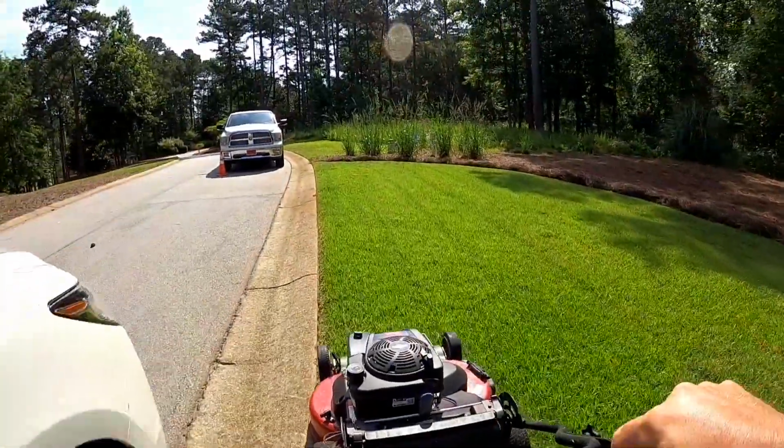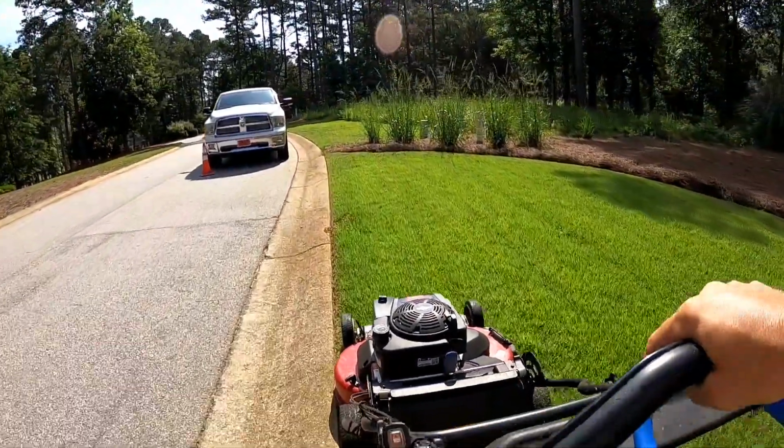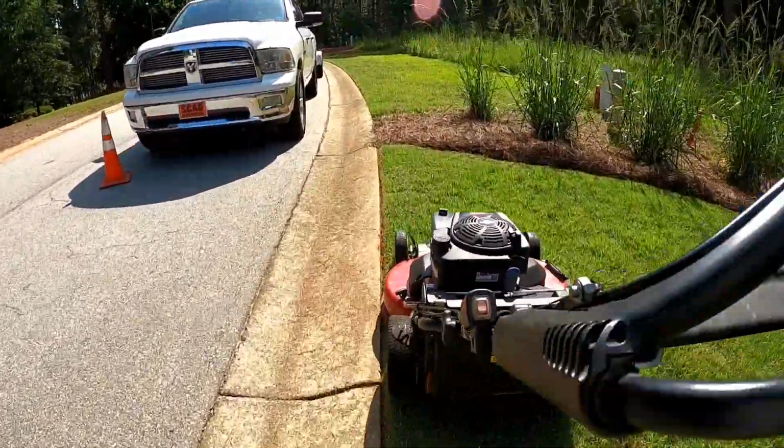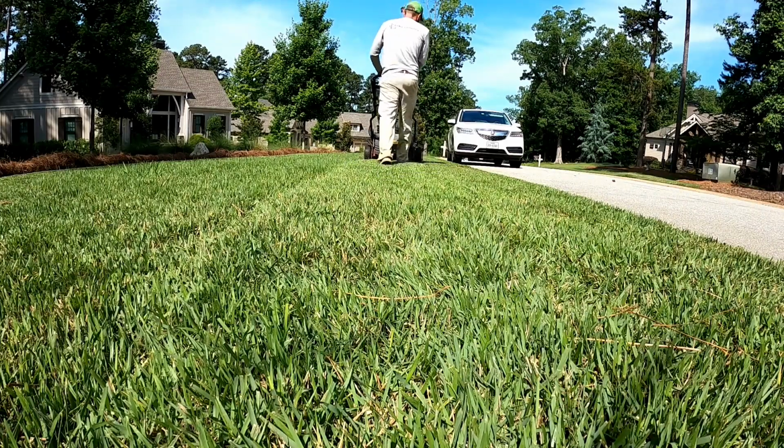The neighbors are actually moving in, so their car was parked right there. But anyway, the reason why